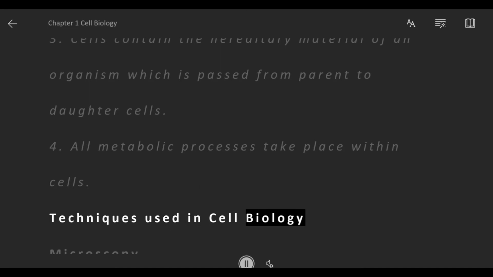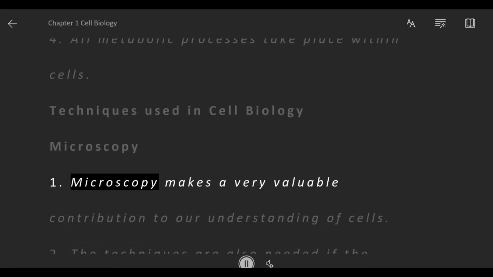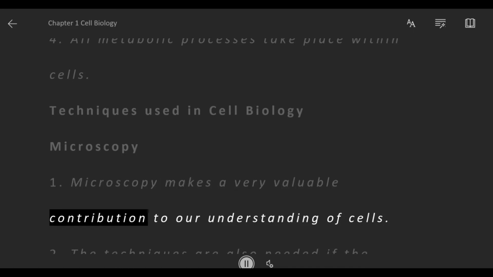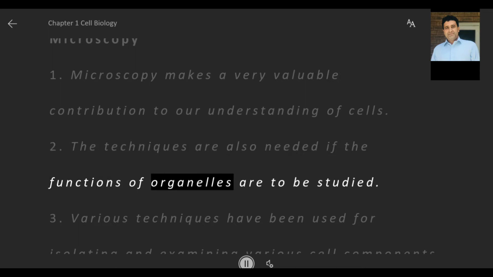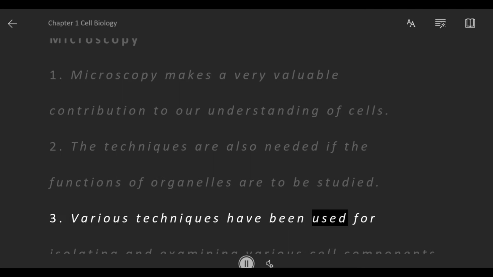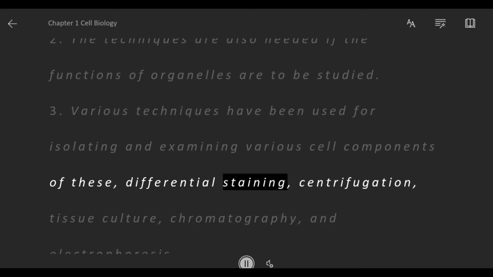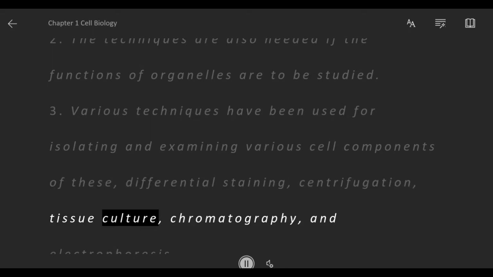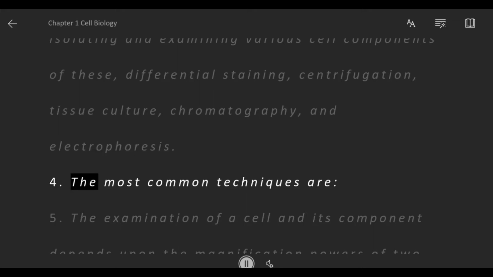Techniques used in cell biology. Microscopy. 1. Microscopy makes a very valuable contribution to our understanding of cells. 2. The techniques are also needed if the functions of organelles are to be studied. 3. Various techniques have been used for isolating and examining various cell components. Of these: differential staining, centrifugation, tissue culture, chromatography, and electrophoresis. 4. The most common techniques are: